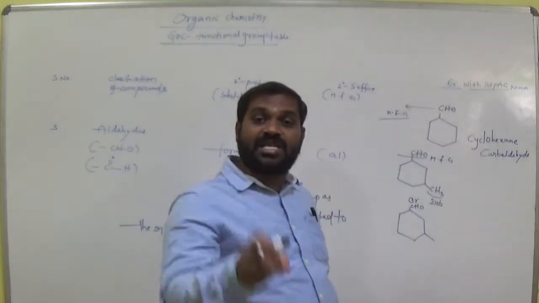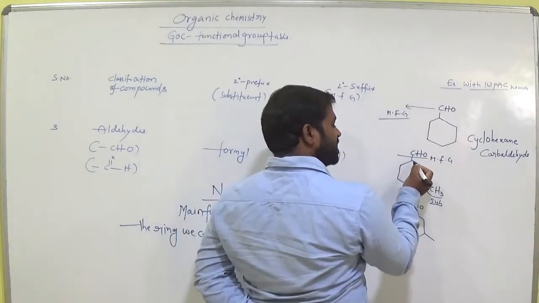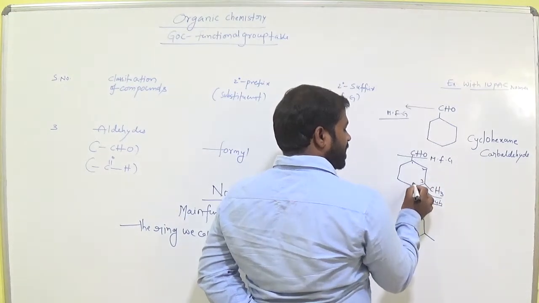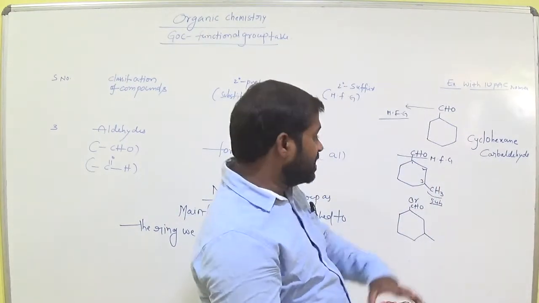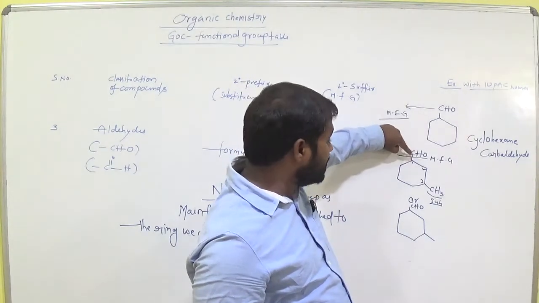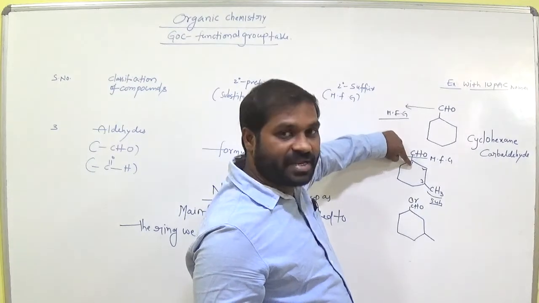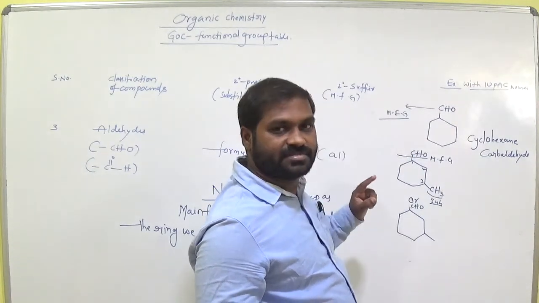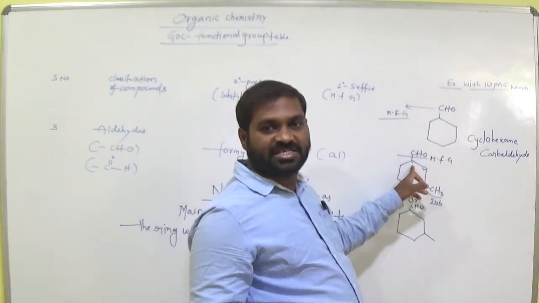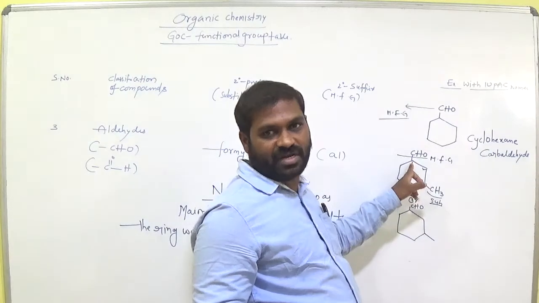In this case the functional group carbon must get the least number. This carbon is attached here in the ring, so this is the first carbon, second, third. This is the numbering method. The carbon where the functional group is attached gets the least number. When comparing with the substituent, the functional group's attached carbon gets more priority, so we start the numbering from this carbon: 1, 2, 3.